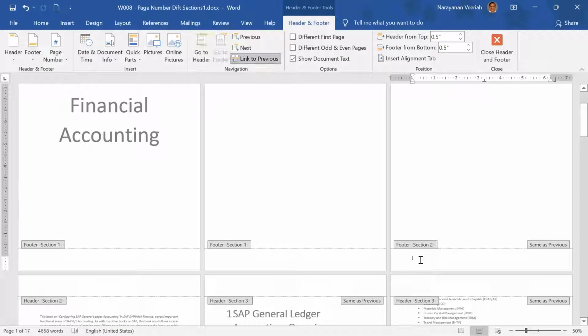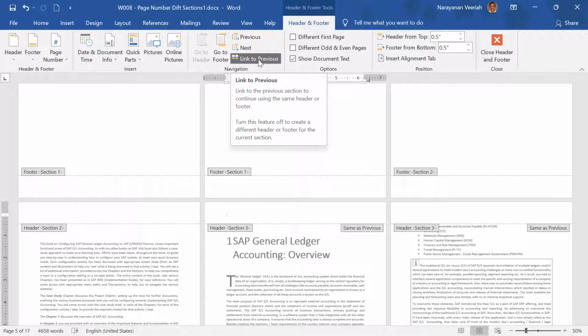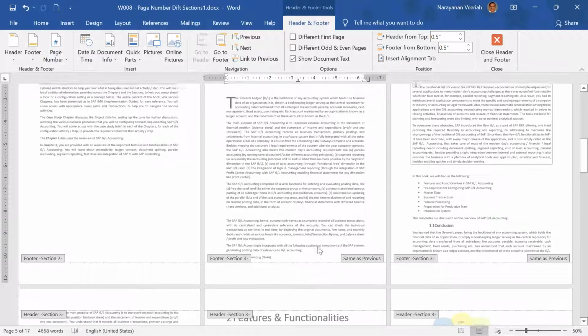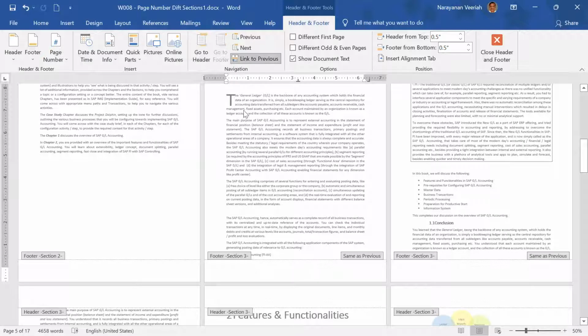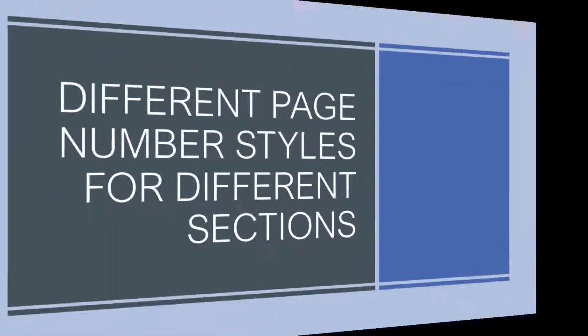Let us do this for the footer as well. Similarly, we need to delink the header and footer of the section 3 from the previous section. So let us repeat that for footer as well. With this, we are now ready to enter the page numbers for the different sections.